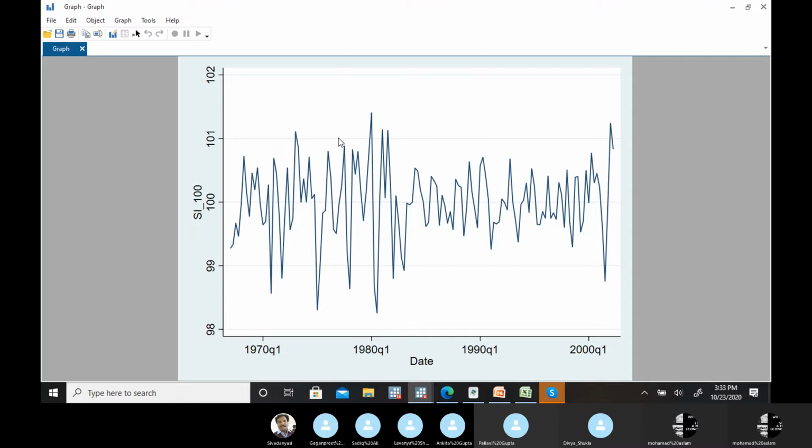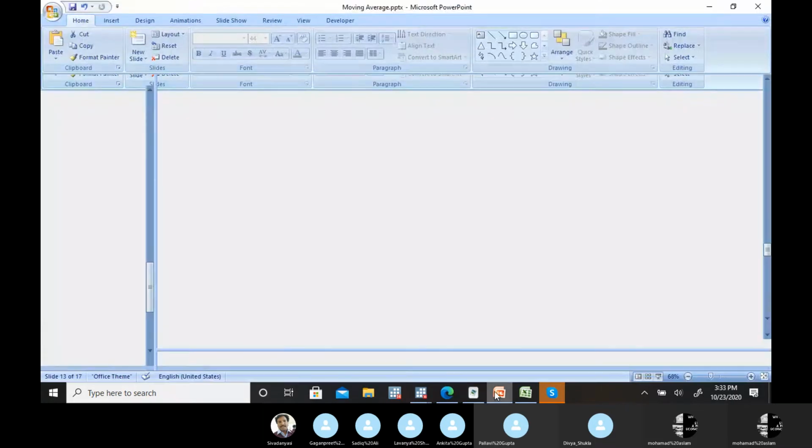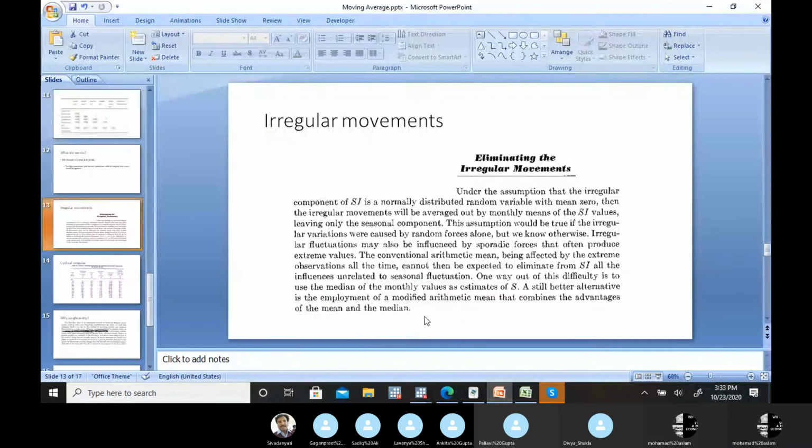That's one way you can try, but the better way I found in the literature is an alternative elimination method with the combination of a modified arithmetic mean. A modified arithmetic mean means we don't take the extreme values while we calculate the average. It is something like a median, to eliminate the irregular component.